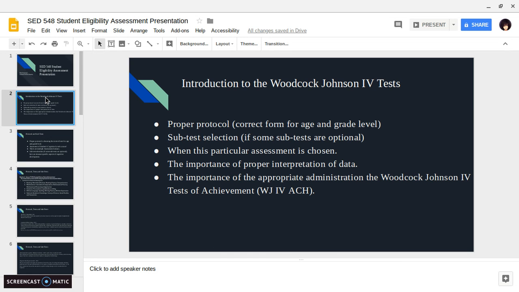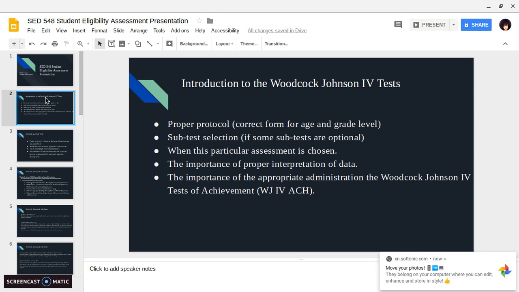I chose the Woodcock-Johnson 4 test because at my facility school, where we deal with highly severe needs affective students, we need to cover a broad base of criteria as far as cognitive disorders and processing disorders. So this presentation will cover proper protocol, the different subtest selections and reasons why we do choose and don't choose ones over the next, when this particular assessment is chosen and why,